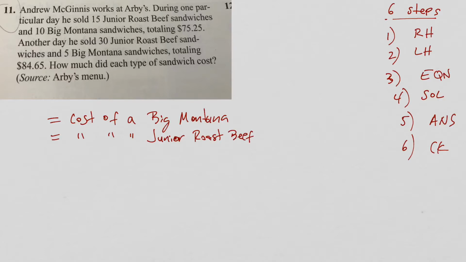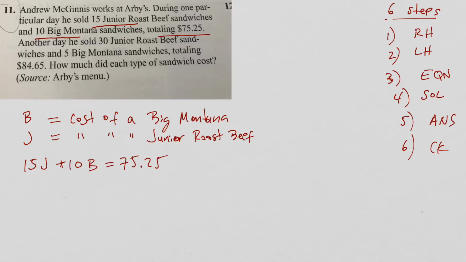Okay, so why don't we call a Big Montana a B and a junior roast beef a J? Okay, now 15 junior roast beef and 10 Big Montana added up to a total of $75.25. So 15 times J, a junior roast beef is J, plus 10 times the Big Montana, B,